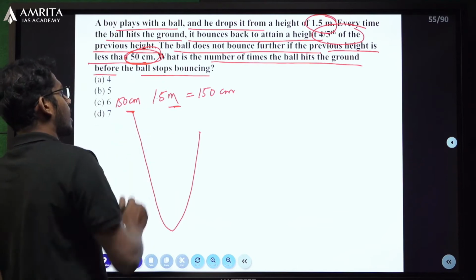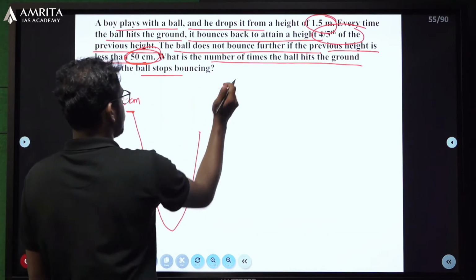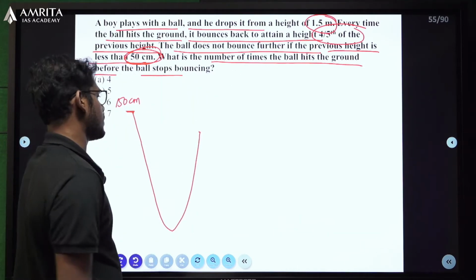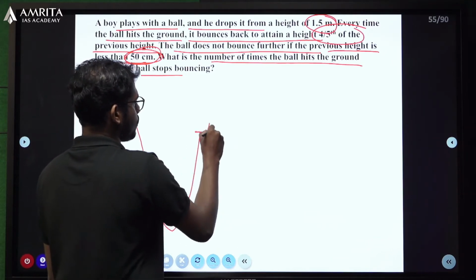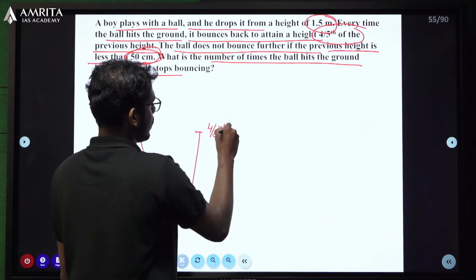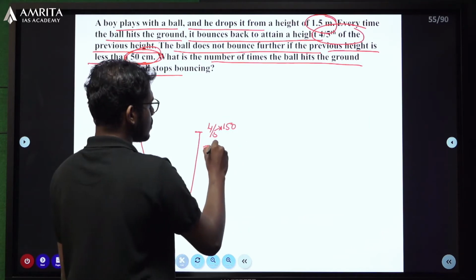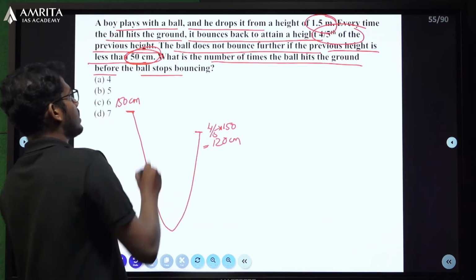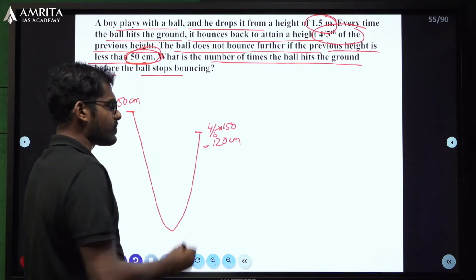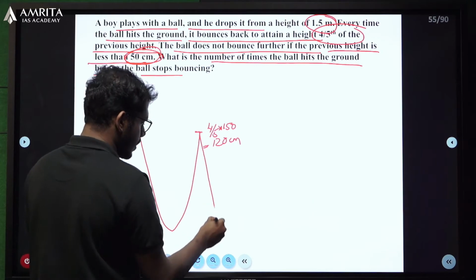So for that I converted 1.5 meter into 150 centimeter. After the first bounce, it attained a height of 4/5 of 150, which is 120 centimeter. Clear? 120 centimeter is not less than 50 centimeter, so it will further bounce